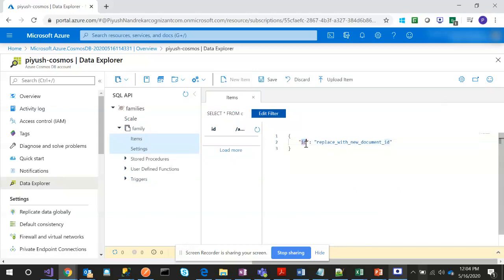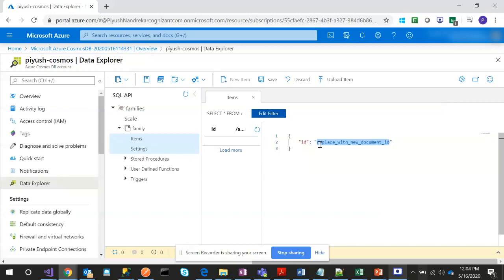Okay, so over here for ID, we can mention our own ID, or we can have a standard GUID by default. Just to note, one important point is that every record in our JSON document database is identified by the partition key and ID. So it is a combination of partition key plus ID. We can uniquely identify any record across the world by using the partition key and ID.